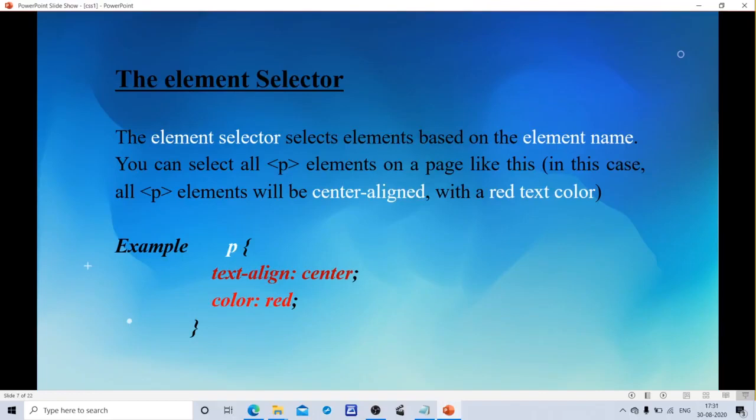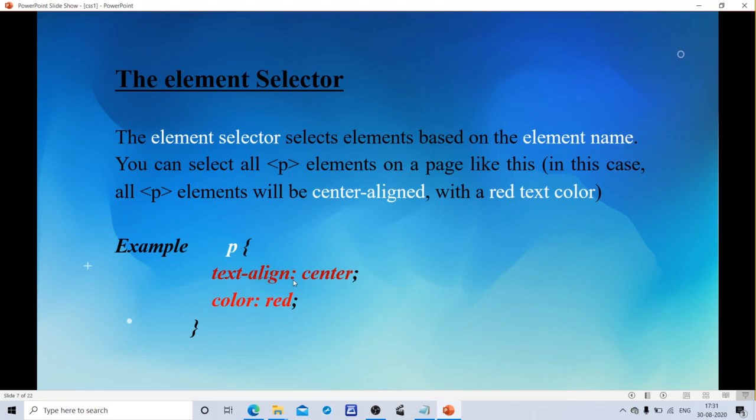According to our syntax rule, selector is followed by a declaration block. The declaration block is enclosed with curly braces. N number of declaration statements are separated by semicolons. Each declaration statement includes a property name and a value separated by a colon. Here the selector is P. The declaration statement property name is text-align equals center.